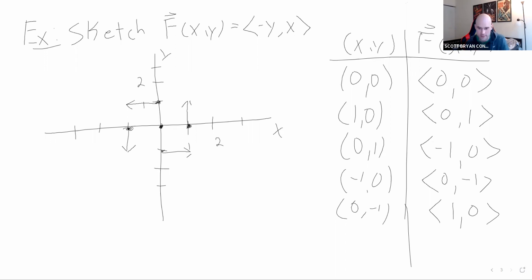And then we can plot some other points. So let's say like 1, 1. Negative y is going to be negative 1. X is going to be 1. So at the point 1, 1, we get the vector going negative 1 in the x direction, 1 in the y direction. So negative 1, 1. And then we can repeat this. We see we get